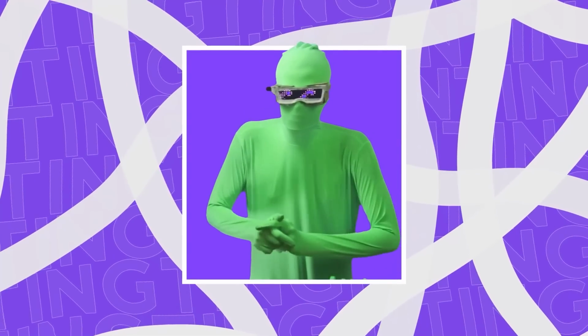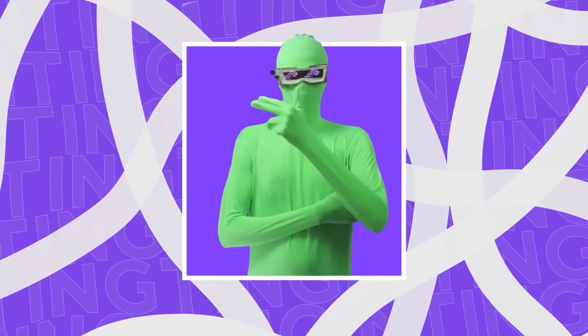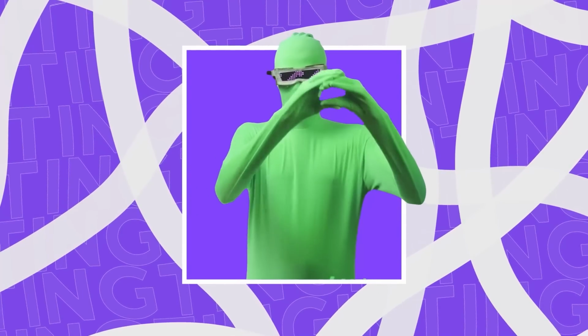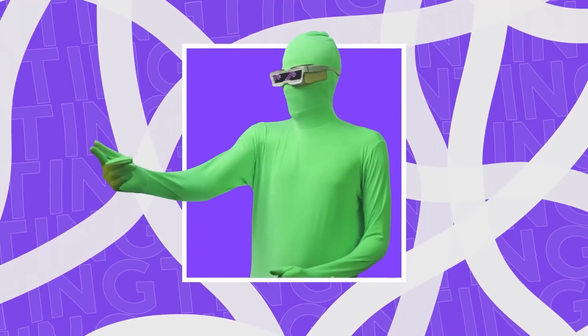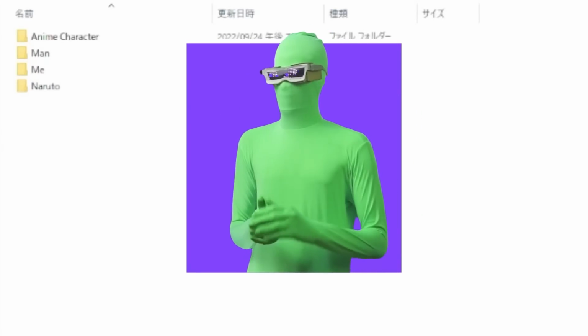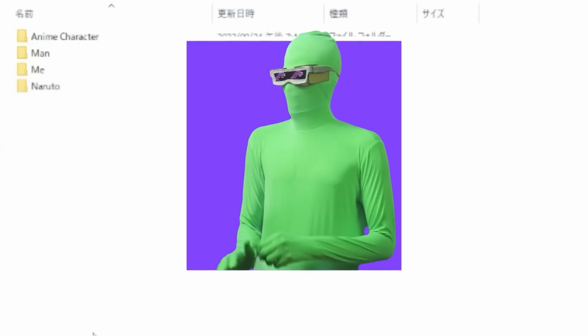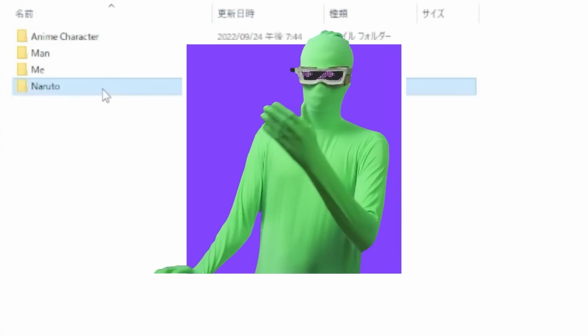Now, the assumption is you have your regularization images. You have the photos of yourself or your dog or your container or your wife or your whatever. What I want you to do is take your regularization images and put all of them in one folder. So call it regularization or whatever you want to call it, right? In my case, I have it called man, since those are the images of men. And in the other case, I'm also generating Naruto, and his class is anime character. I have the photos of Naruto in one folder.